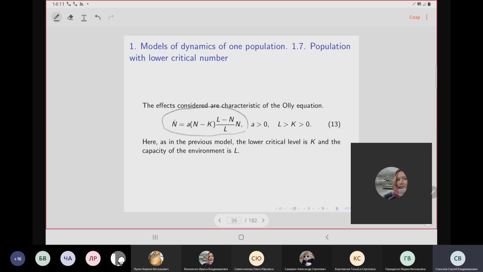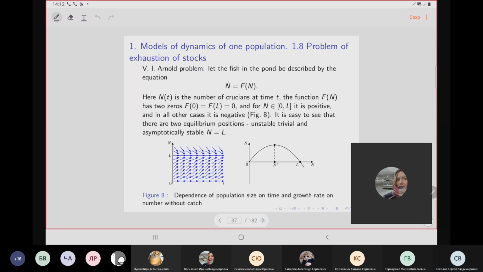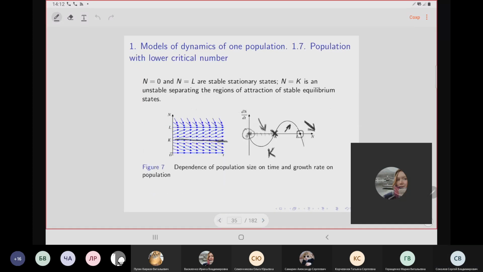We introduce L and K, and if we draw a plot of this model, if we draw the right-hand side of this model, we get absolutely the same picture. So the picture is the same. There is a bit less biological meaning here,